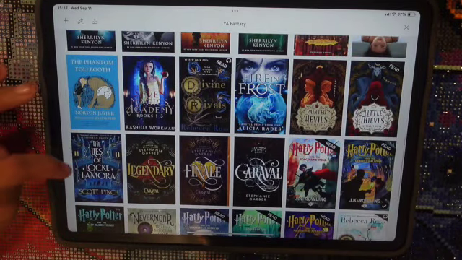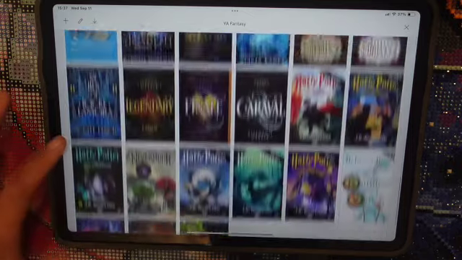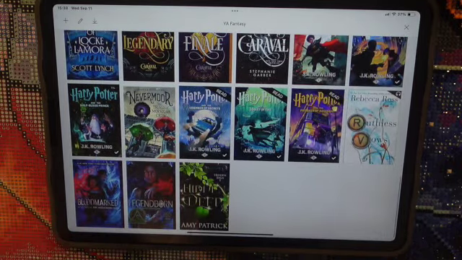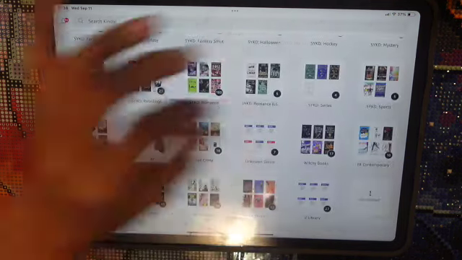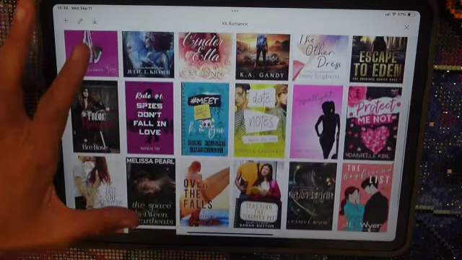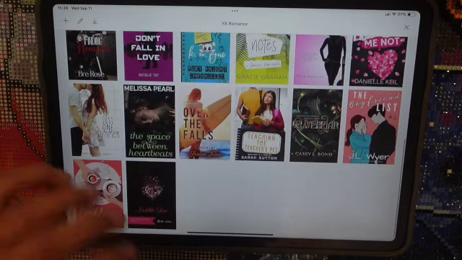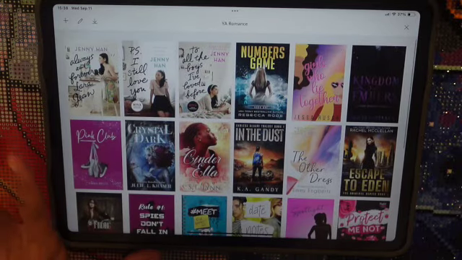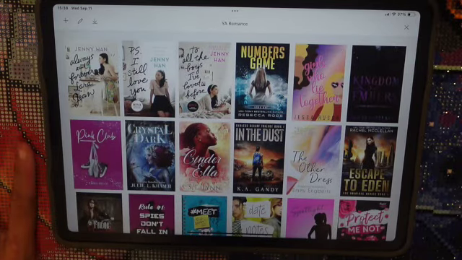So we have Divine Rivals, the Caraval series, Lies of Locke Lamora, Nevermore, Legendborn, all of those. We have YA romance, which are books specifically that were marked as YA romance on Amazon. Obviously, these can be moved, so if I read them and figure out that they are not YA romance, I will move them to